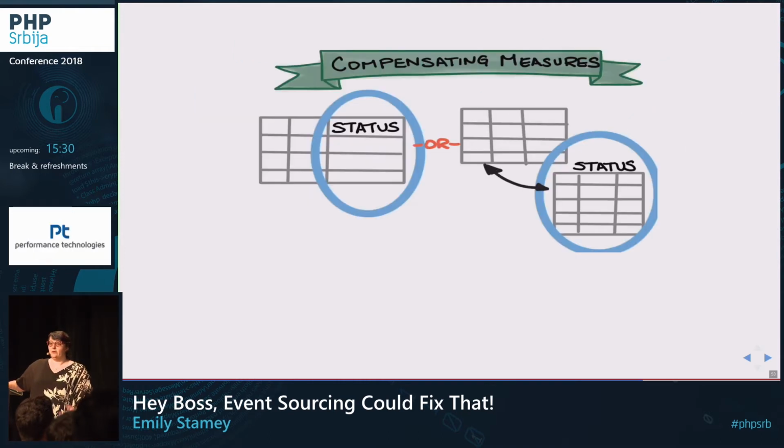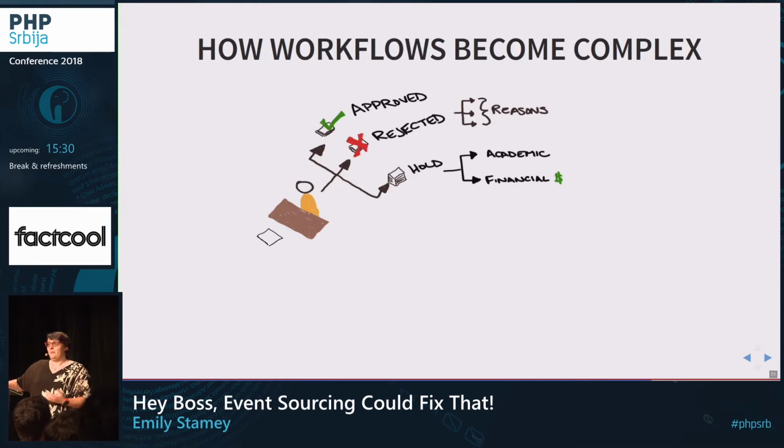And so they may start out with just an extra column to reflect the status, or they may put some related table that tells you what the status is of that application. But there start to be a lot of forks in the process, and a lot of conditions and additional steps.